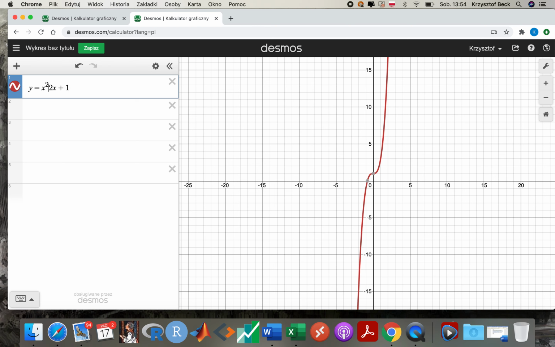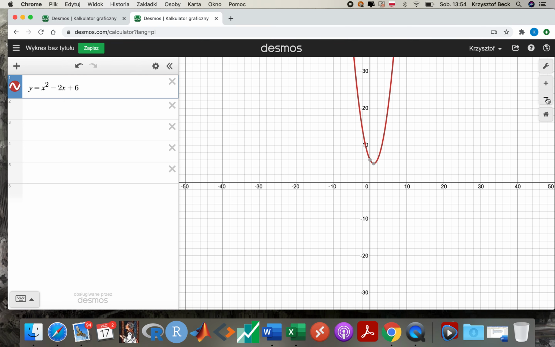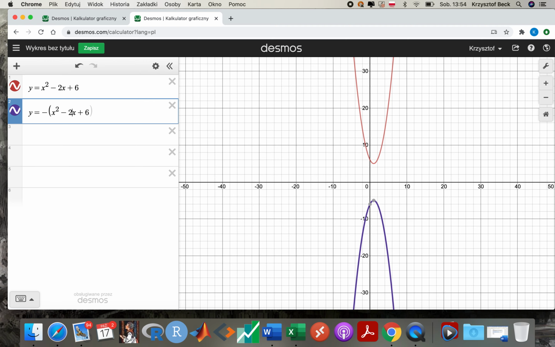But of course, we can try it here with different functions, and you see you can get from here all the information you get about any transformation to this function. Now let me just copy this, and look, what if I impose minus now on the entire function? Look, we got a mirror reflection of this function